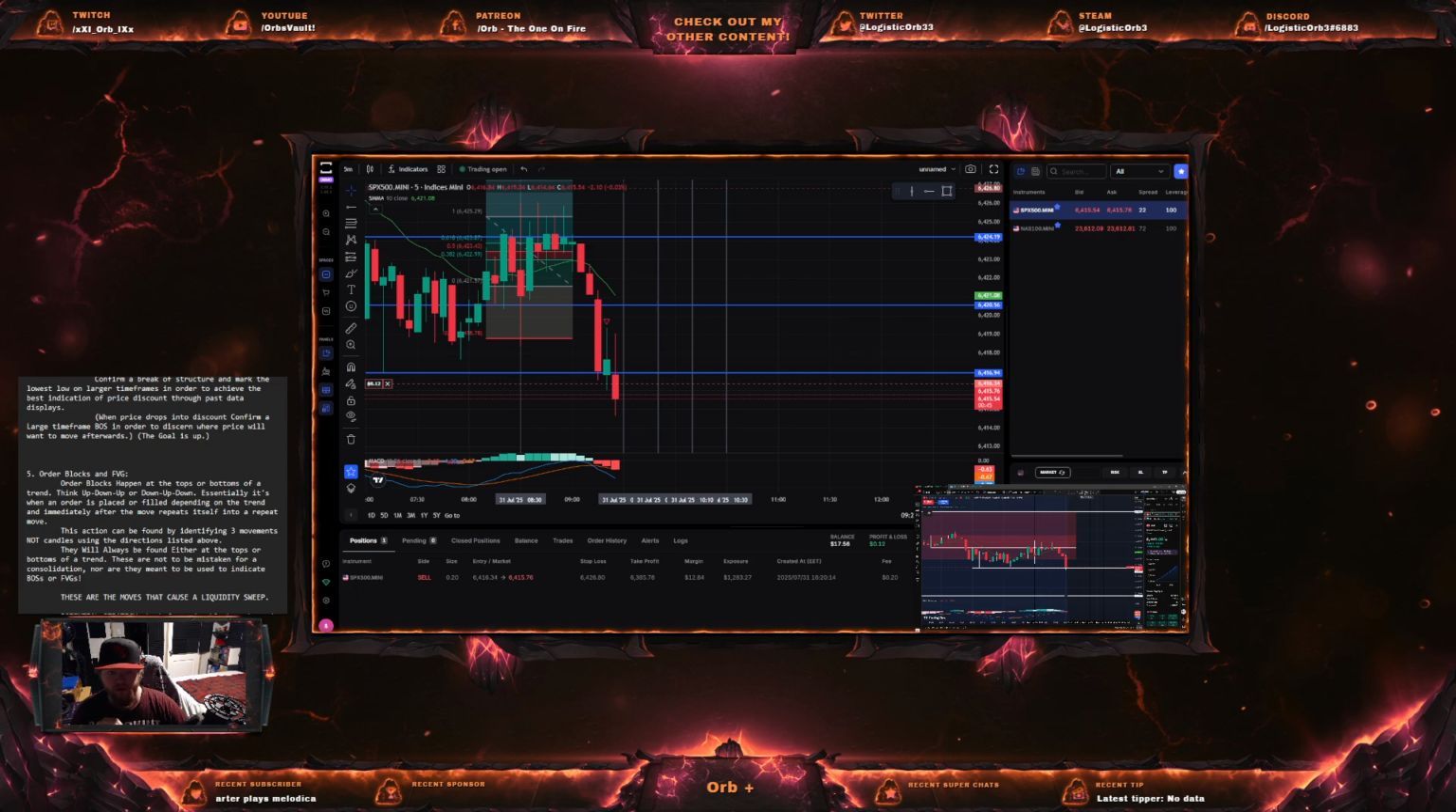So we're on a short position. We entered roughly right there. We put our stop loss above this breaker block here, roughly in there-ish. And then my final take profit would have wound up